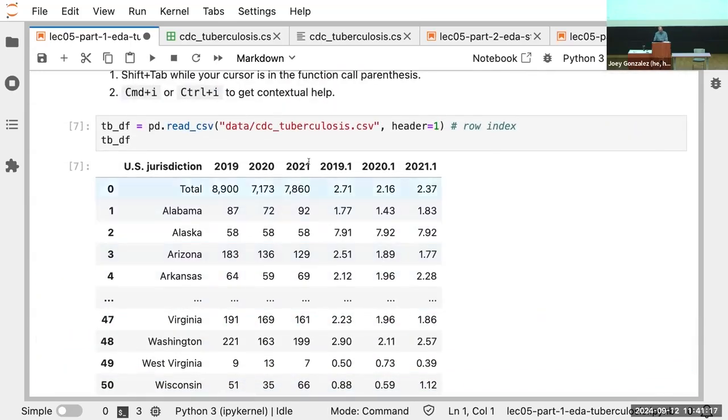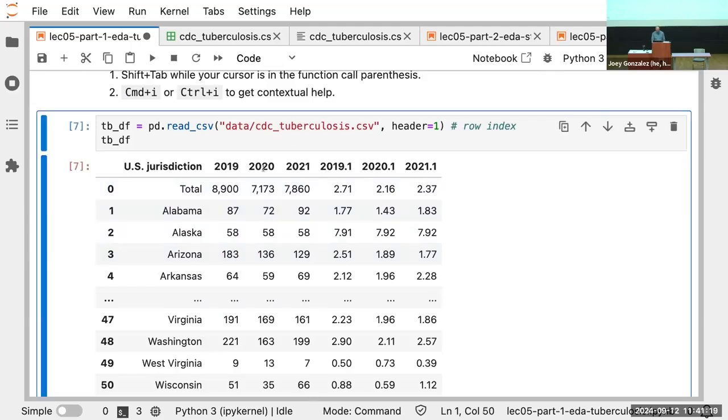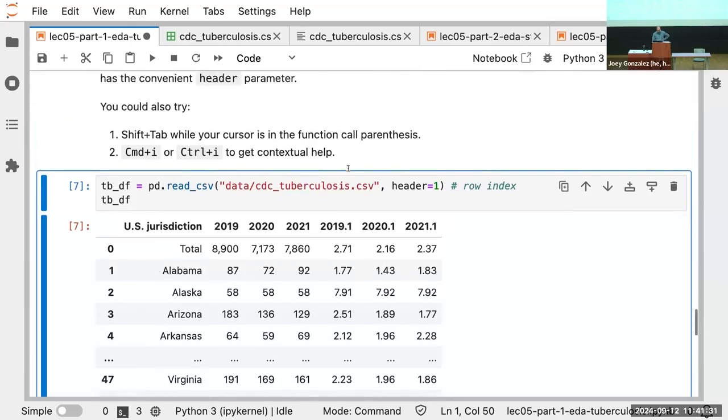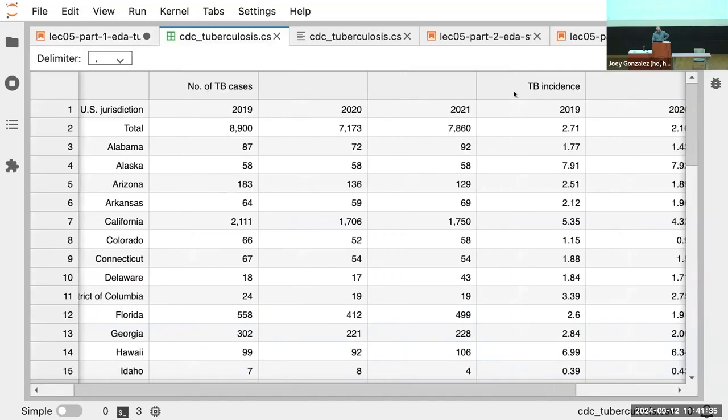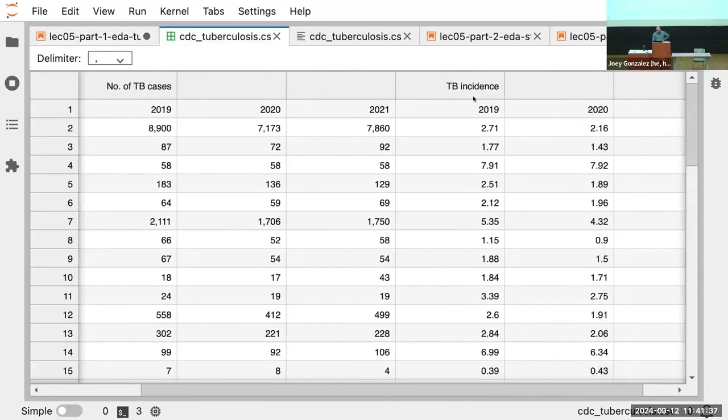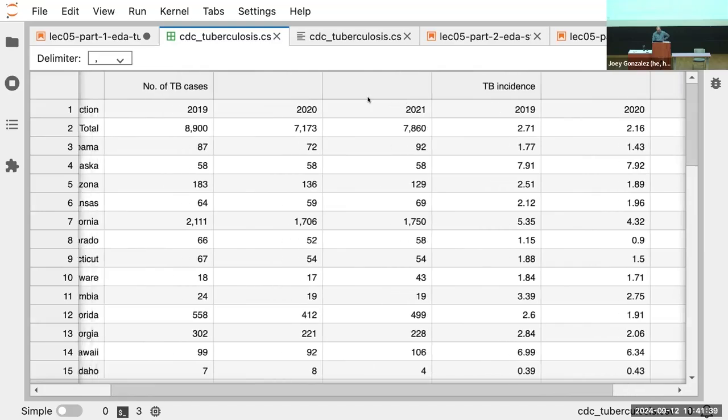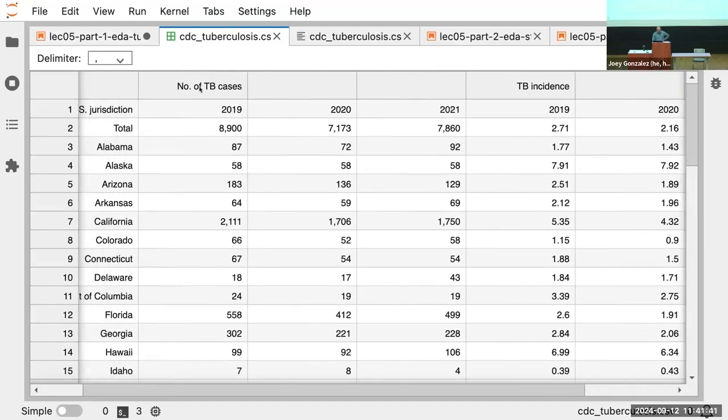All right, so now I threw away the stuff that came before this. So I have 2019, 2020, 2021. And then when it was loading, it's like, wait a second, you have column name 2019 again? It appended a .1, so I could differentiate it. What does 2019.1 mean? I have no idea. So I'd go back to my file and go, okay, aha, 2019 occurs under this TB incidents thing. That's probably TB incidents 2019. And then 2019 over here is TB cases 2019. And TB cases 2020.